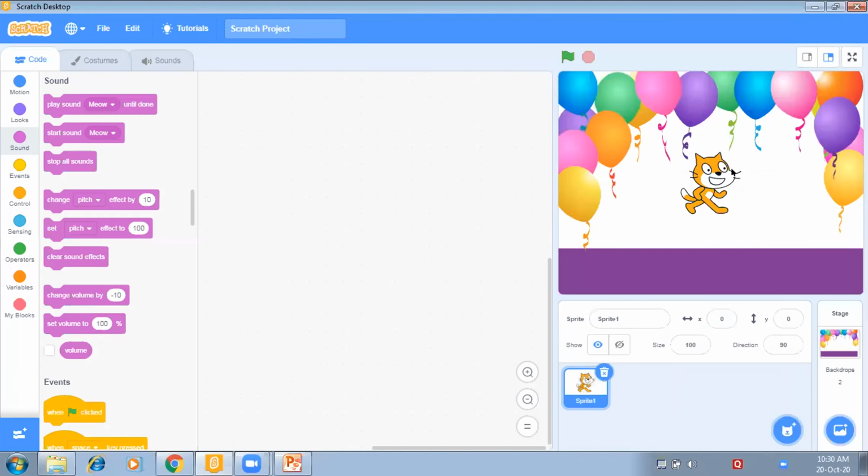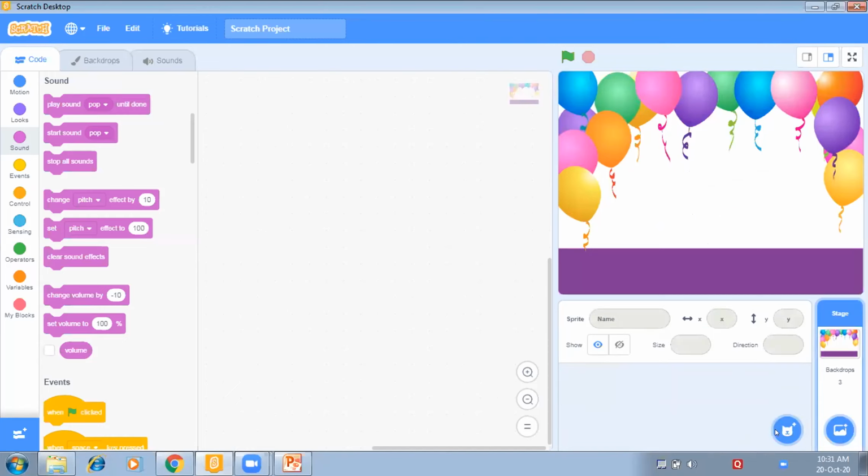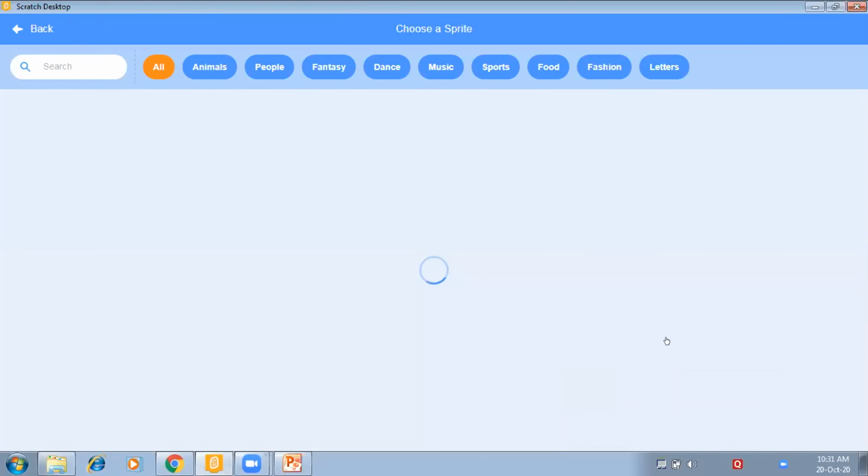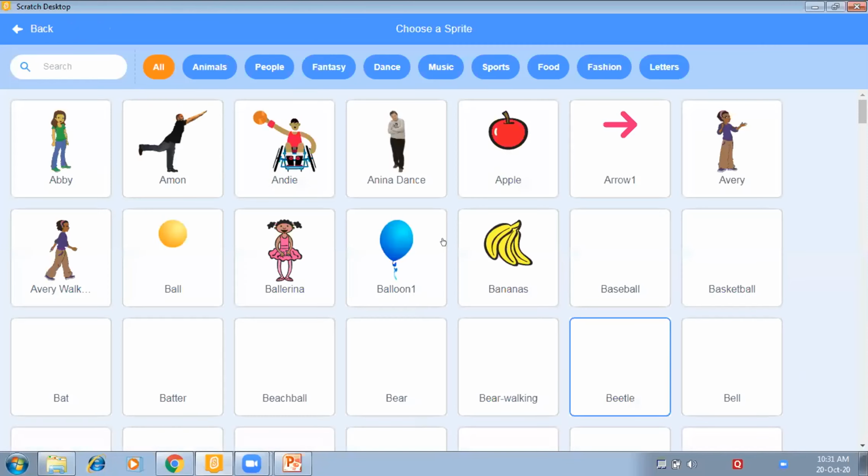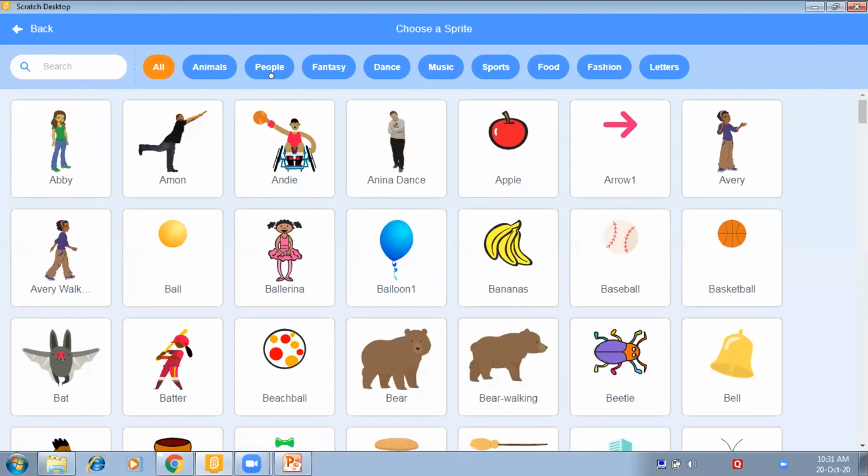And I'm changing my sprite also. I don't want this sprite. To delete this sprite, you have to click on this delete button or the cross button which is on the top of the sprite. So I'll click on this and I'll take a new sprite. I'll be choosing a girl.